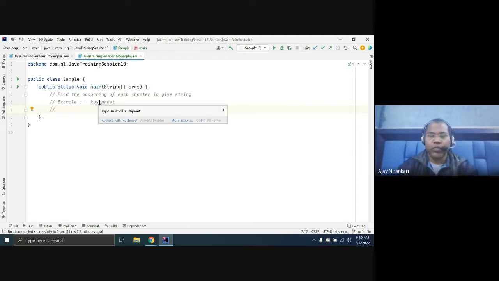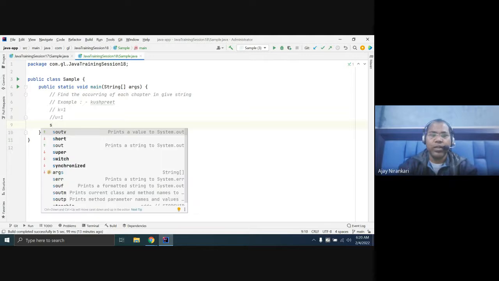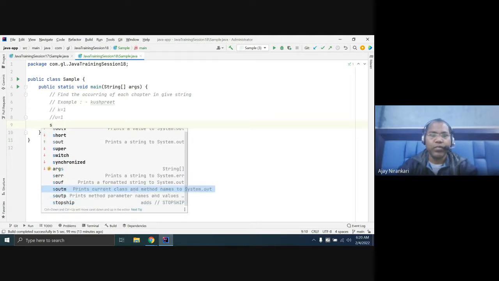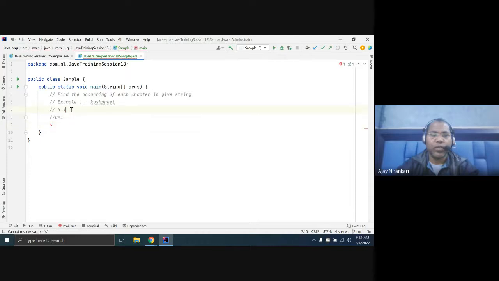So here we have k equal to one time, u equal to one time, and similarly s. But let's take another example with some random characters.